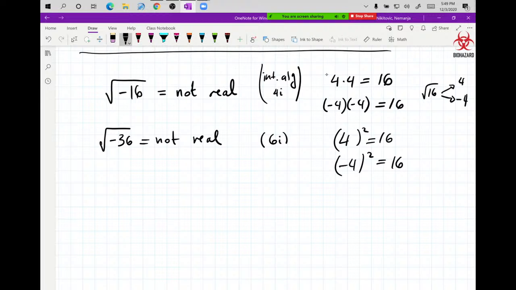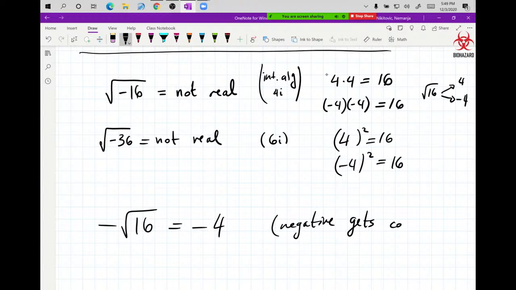Now, if the negative is outside of the square root, well, we're all good, because you copy that negative and then you take the square root of 16, which is 4. See, now that negative has nothing to do with the square root because it's outside of the square root, so the negative gets copied. And you cannot copy the negative in this case here because it's under the square root,